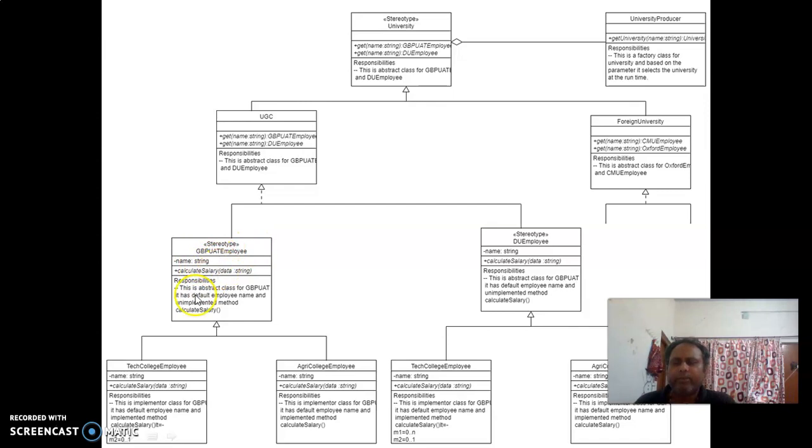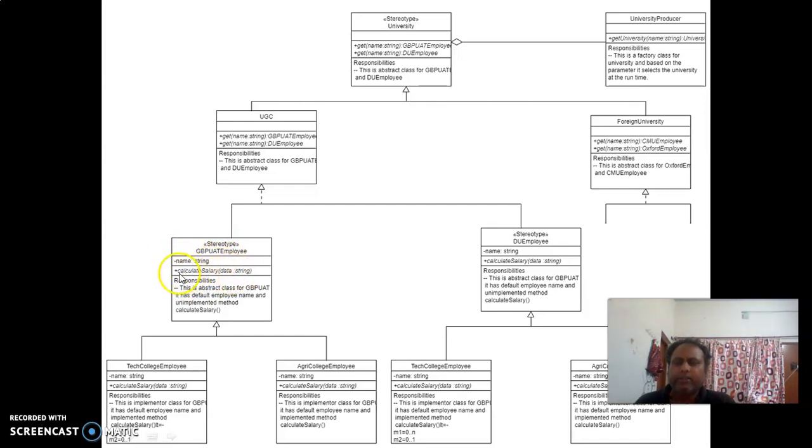So this name will be common for the technology college, the agriculture college, and any number of classes. So this is defined inside this abstract class.